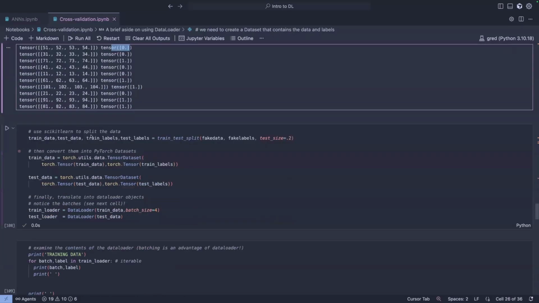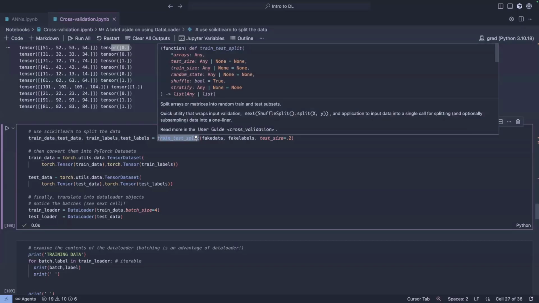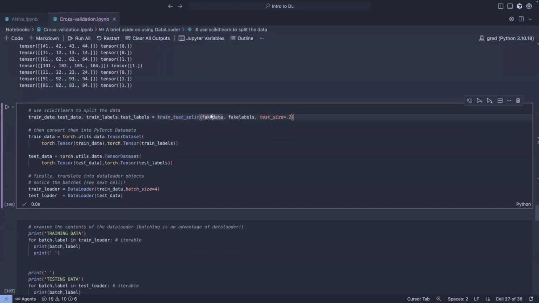So what we basically do here is we're gonna use train test split the same way that we used it previously, and we're gonna ask it to split the fake data and the fake labels into train and test. This is the exact same line that we ran before. We're just running this on the fake data, and it's gonna give us the same four items that it produced before. So we have the training data, the test data, the training labels, and the test labels, which you called previously X and Y. So it's the same thing.